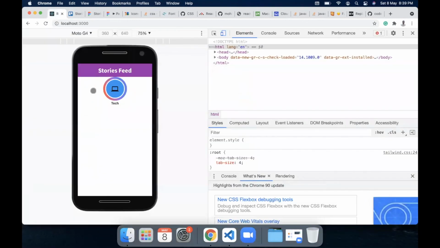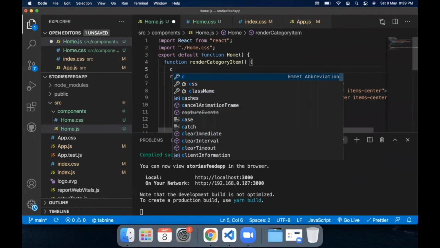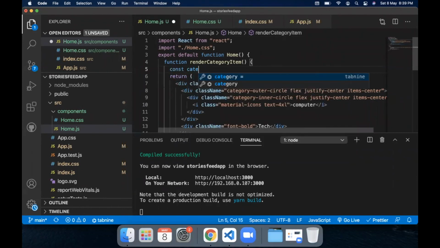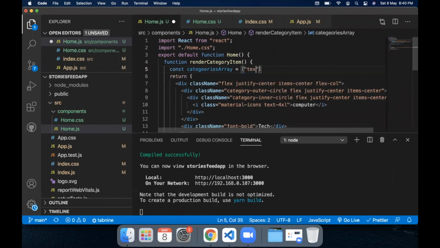Next thing which we can do is replicate this 3 times. So let's say we have a categories array with, let's say, 3 categories for now. I'm just going to name them at random. So let's say tech, gaming, and entertainment.